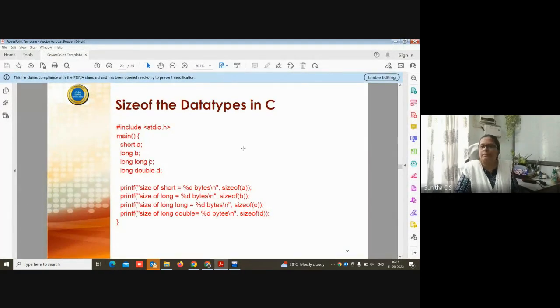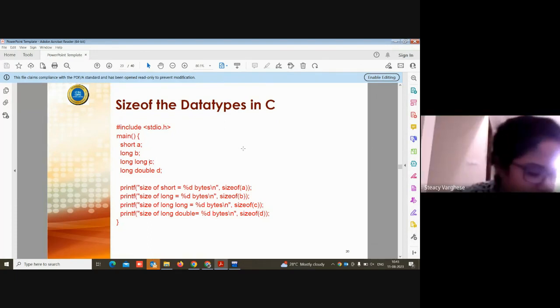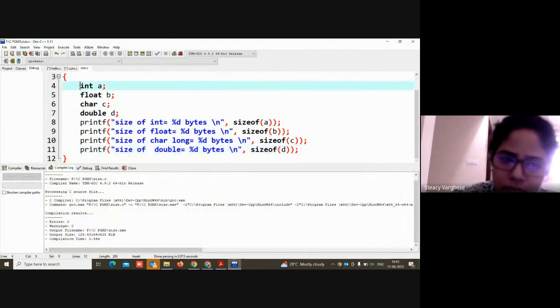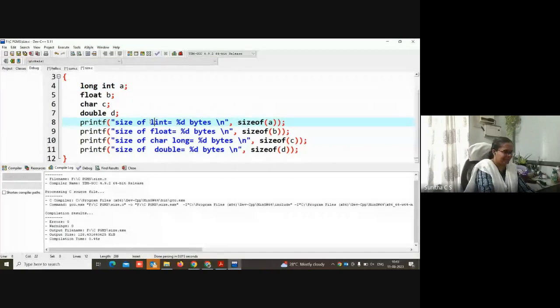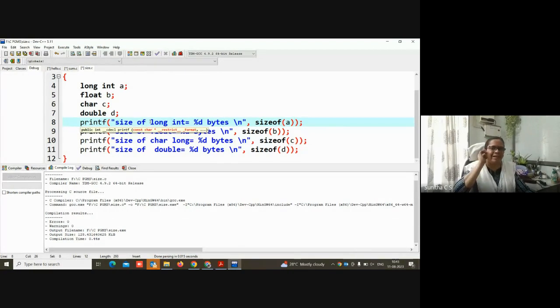Yes, Stacy. Ma'am, if we are taking long int, then what will be the size? What can you expect? 8 bytes, because normally int takes 4 bytes.